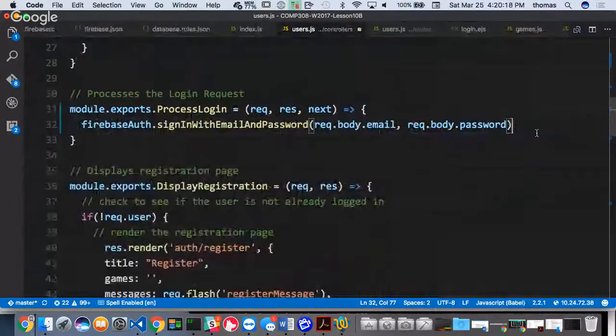We want to do something. Now we're going to talk promises. And what are promises? We ask for a service to do something for us, right? Example, with email and password. And then we want a response. If it works, then do this. If it doesn't work, then do something else. Almost have half of it right there. Do this for me first. Sign in with email and password. Then